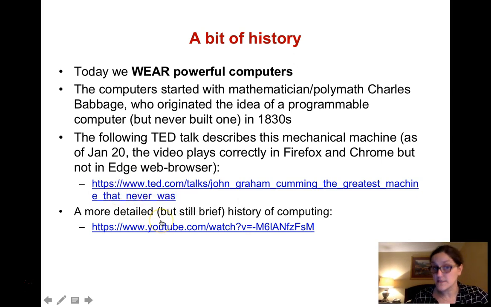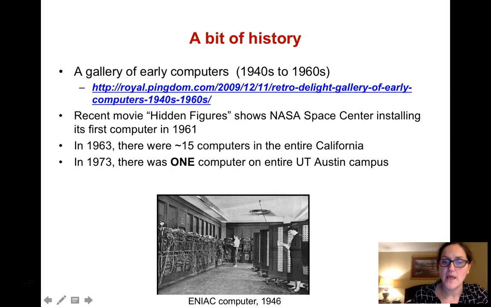There's also a more detailed, but still very brief, history of computing that walks you through the stages of technological advances that were huge jumps in the ability to compute, and that actually brought us today to these wearable computers, and some of you have much smaller ones, like watches and Fitbits, that exist in almost every device. These days, if you want to, there is a small computer in any kind of cooking device at home, like a slow cooker, and you can start it from your phone, because as long as you're on a wireless network, they can communicate. So these things are pretty powerful.